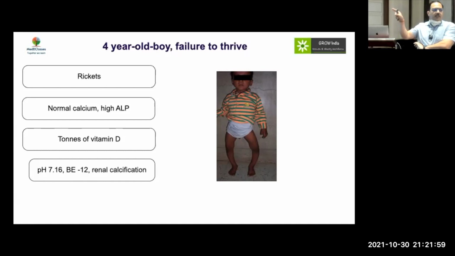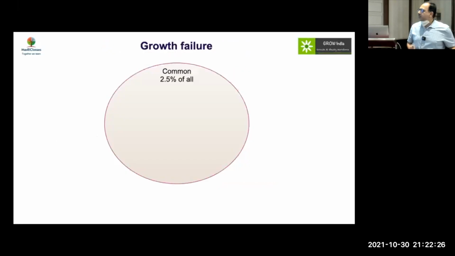So this is again the second, the opposite of the first picture. In the first case, we were unnecessarily investigating. In the second case, this child had all the signs. He had refractory rickets. He should have been evaluated right at the beginning. But it was missed and he presented with nephrocalcinosis. So again, we have a situation in which we are missing pathology. So when we are evaluating growth failure, on one hand, we might be unnecessarily diagnosing somebody with pathology. On the other, we may be missing pathology.